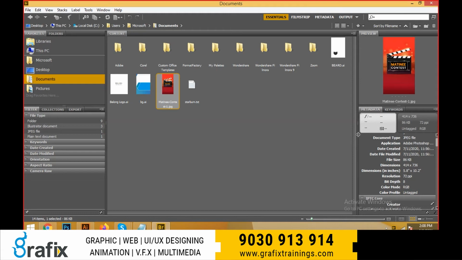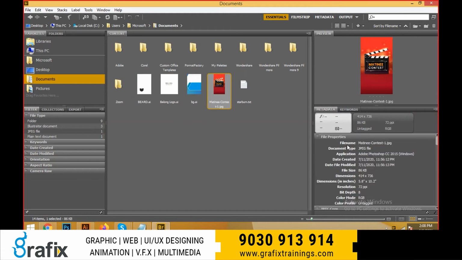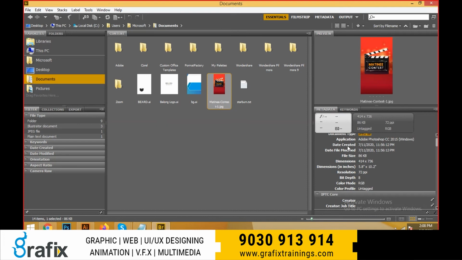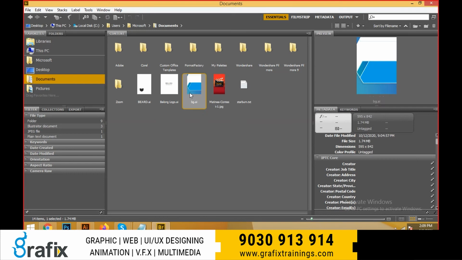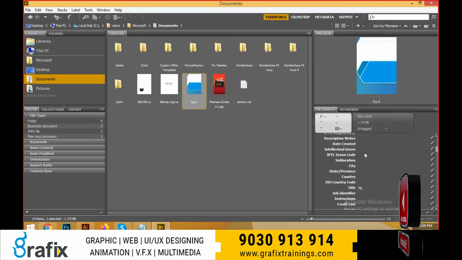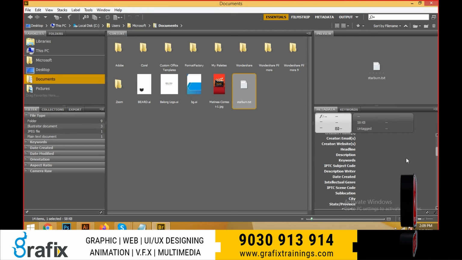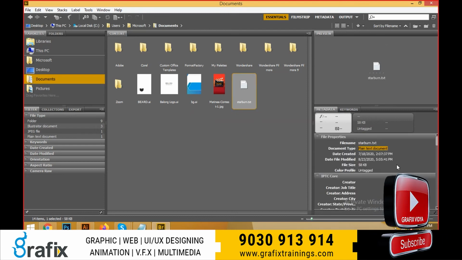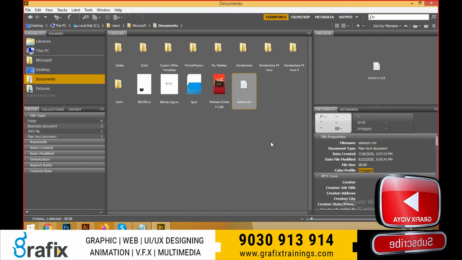You can see the metadata on the right side of the layer. Metadata is nothing but file info, guys. What is the name, what is the document type, what is the application created, what is the file date created, what is the date modified, and file size and everything like this. You can see this one also. This is the content: where it has been created, what is the file name, the document, created, modified, size, dimensions and everything. And select the text document. This is just seeing the information, the complete information in a single step.